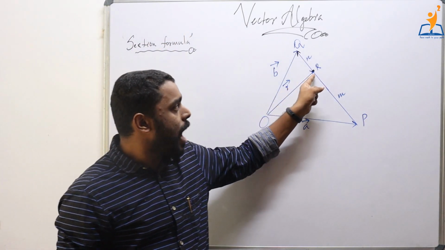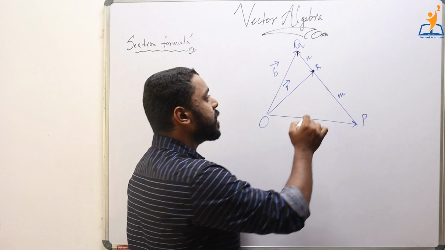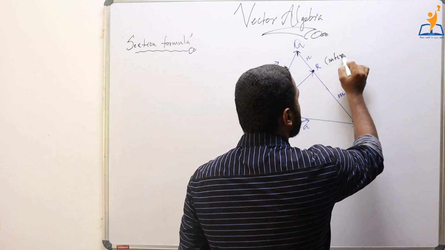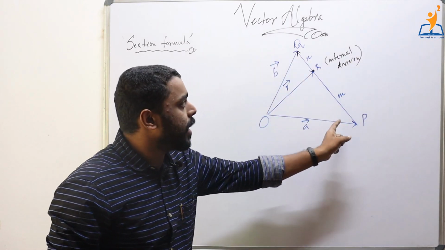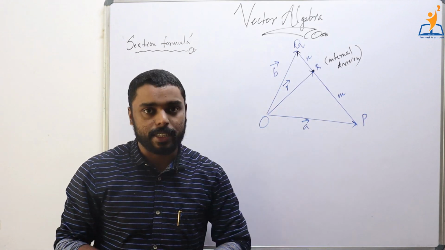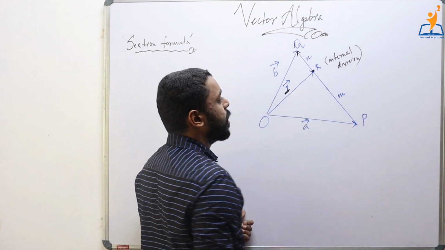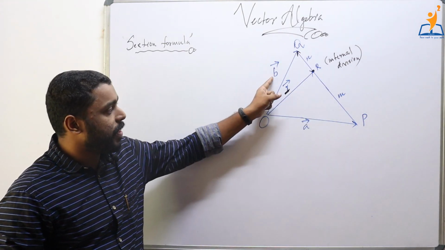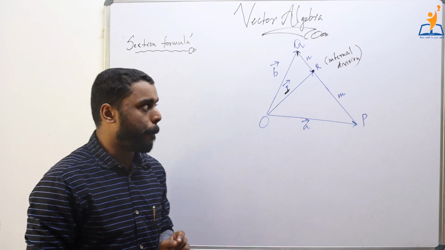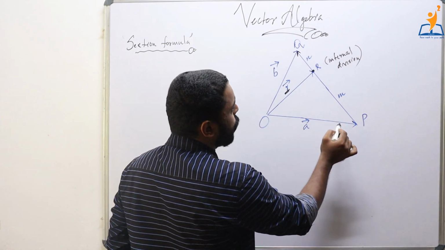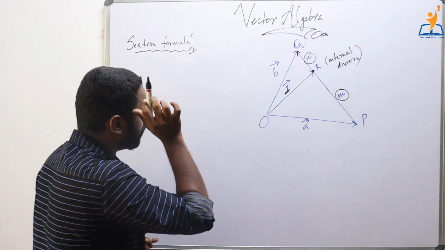Also note that here R is the point which divides the line internally, which means that R is a point on the line itself. So this is an internal division, which means that the point divides the line within itself into 2 segments. Now we shall check how we can find the formula to evaluate the vector R. We are given B and A, where B is the position vector OQ and A is the position vector OP.